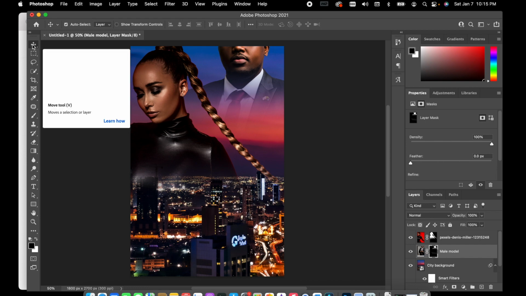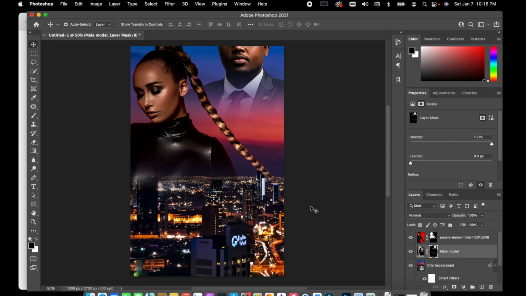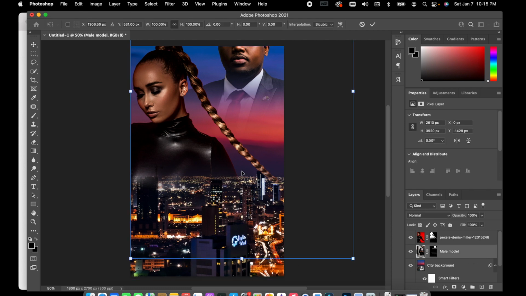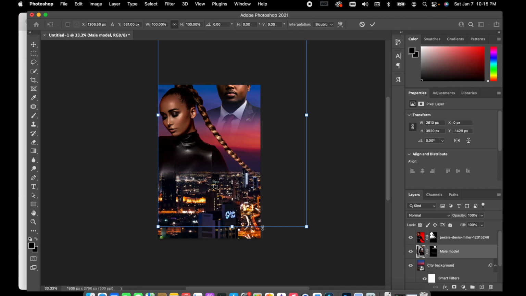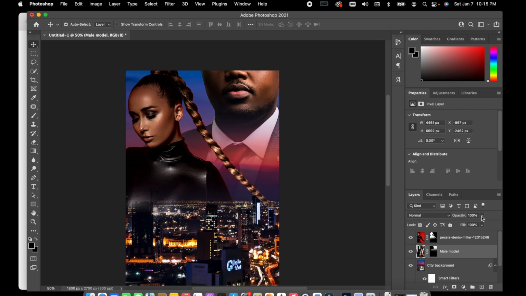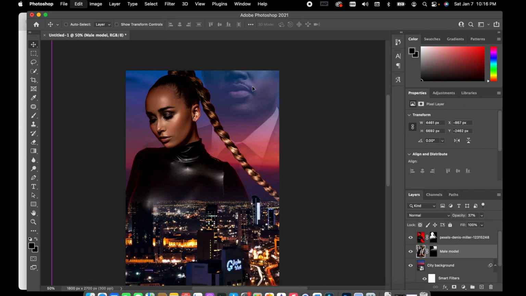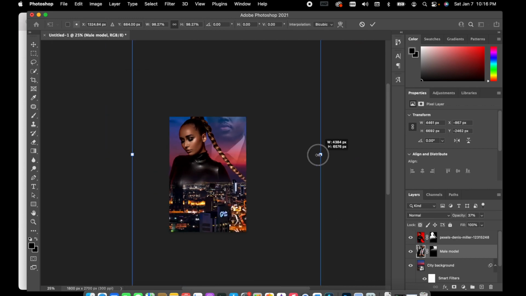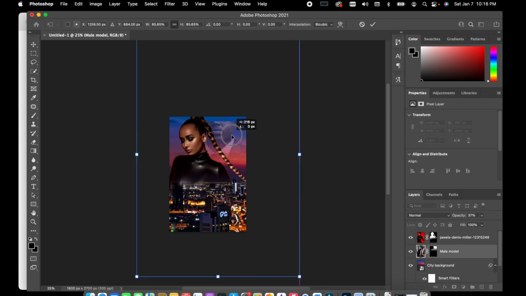Okay. I clicked here. This is my move tool. Then go ahead and click on, let's see, I'm going to click on my male. I'm going to Command T as in Tom. And then I'm just going to stretch him out a little bit more. And what I'm going to do is turn down his opacity over here. Going to tap on him, make him a little bit smaller. So just kind of play around with it to see what you like, what you don't like, and so forth,